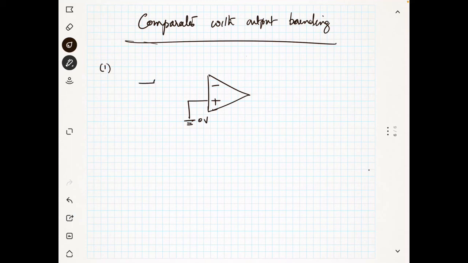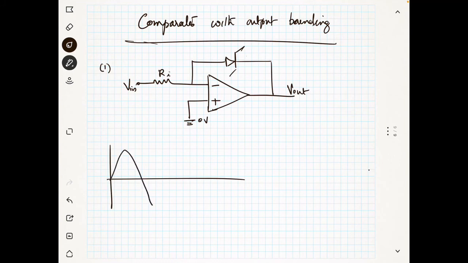Now let us see one circuit. This is I and this is your V in, and you are using a Zener diode here. Let's consider a feedback. You know that whenever we use feedback, usually the output will be limited. We can limit the output only by using feedback, so I am using a feedback here. Now suppose the input is positive and negative. So if the input is positive,